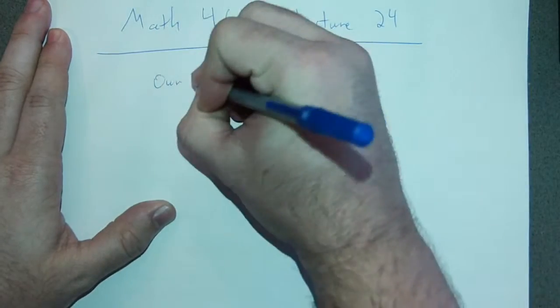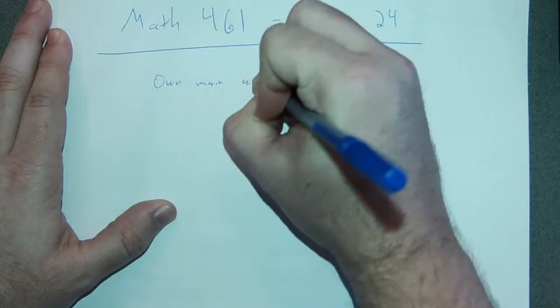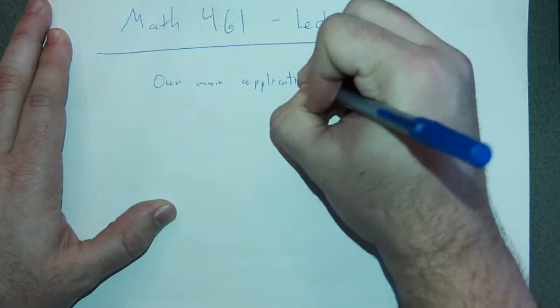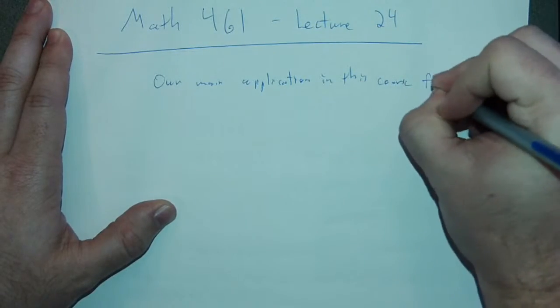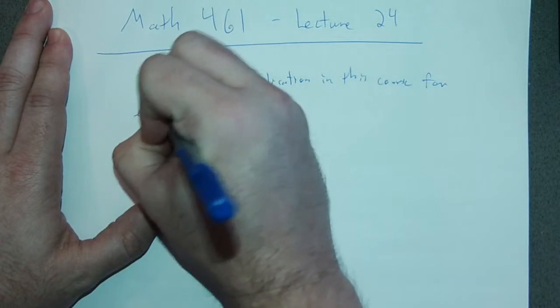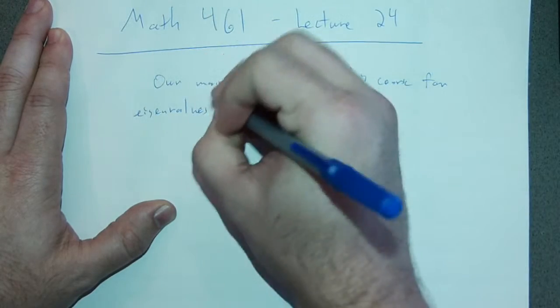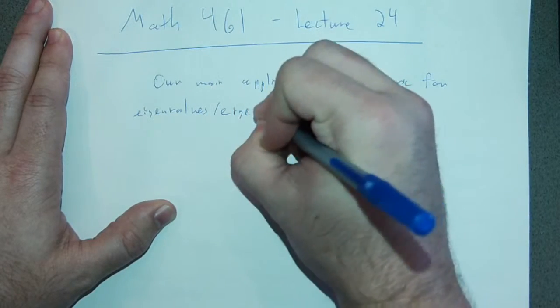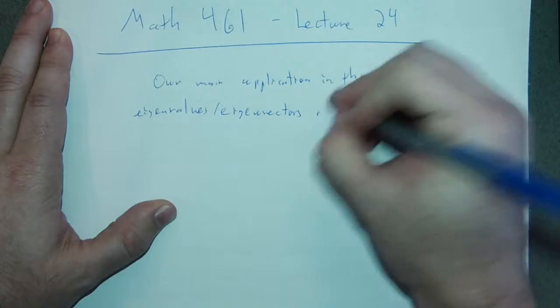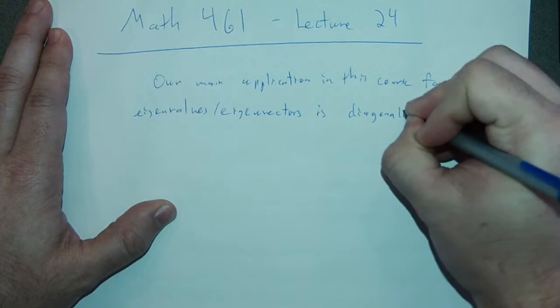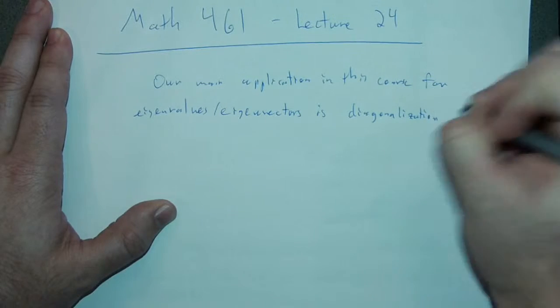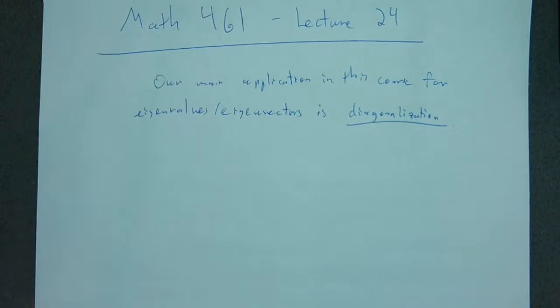So our main application in this course for eigenvalues and eigenvectors, this entire analysis that we've been doing, is diagonalization. So just to refresh your memory from the lecture that I'd posted last,